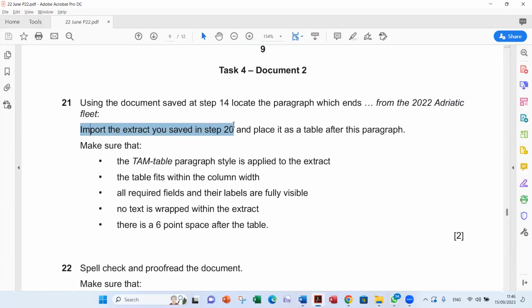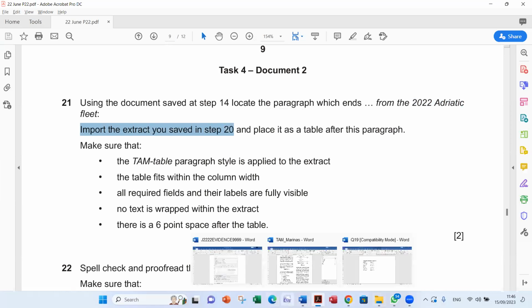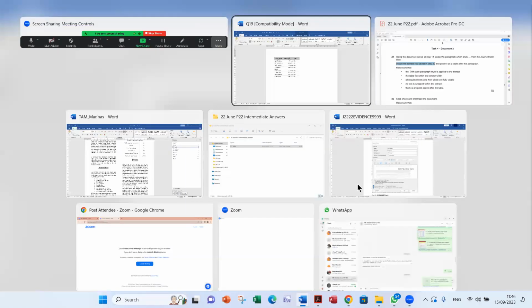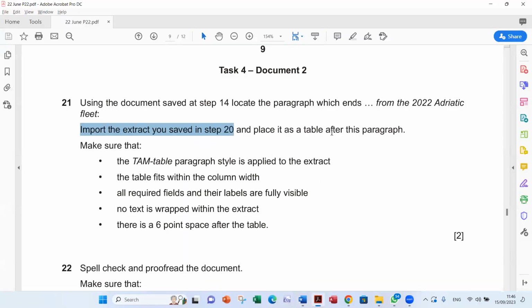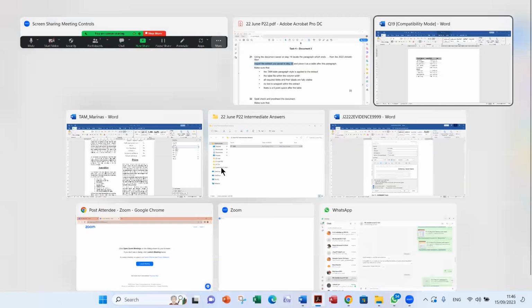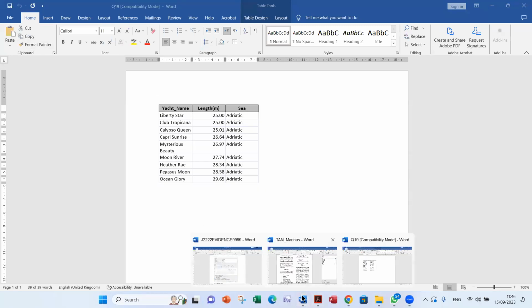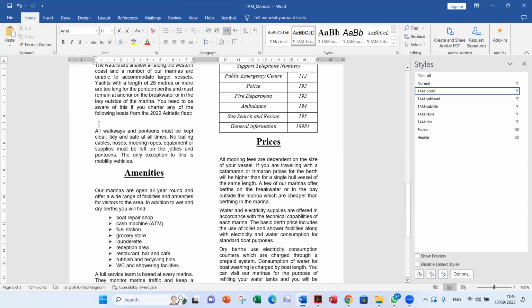Import the extract you saved in step 20. This is the extract I saved in step 20. This is the file, or the table, you got from the extract from the database. Place it as a table after the paragraph. Highlight this table, copy, and in here, after the paragraph,